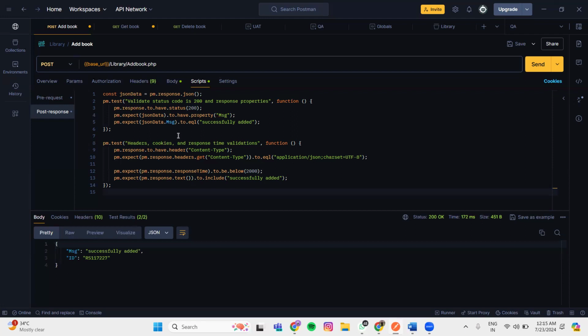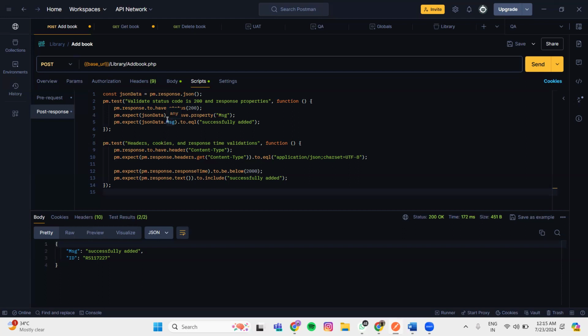And then, for example, if we want to see this message in the response body that we get, we want to validate that. So if we just write pm.response.to.have.property message, this will give an error because we are checking the objects here, and this message is inside of this JSON body. So first we have to store this in a constant. We take a constant and we store this pm.response.json. So we pass the JSON body here to this constant that we can then use